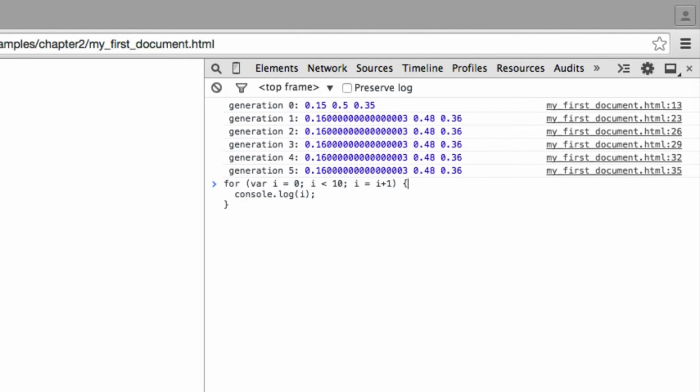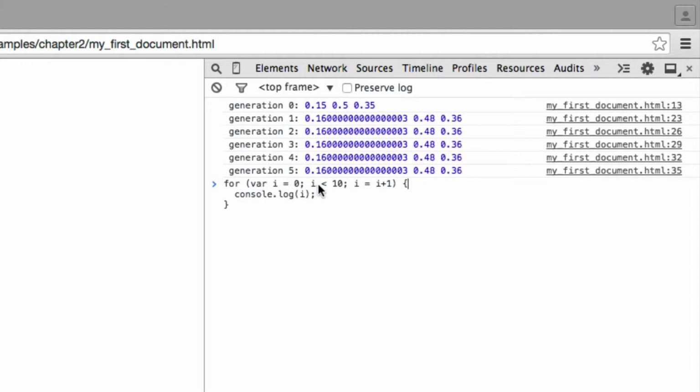Because when you hit return, it will just execute the code, and you might not be finished writing your code. So just hit shift return, and you can add as many lines as you want to. All right, we're gonna run that in a second, but I just want us to walk through this code real quick. So this is the initialization here. We initialize a variable called I, which is pretty standard practice in a for loop, and we initialize it at value 0. Okay, so that's the initialization.